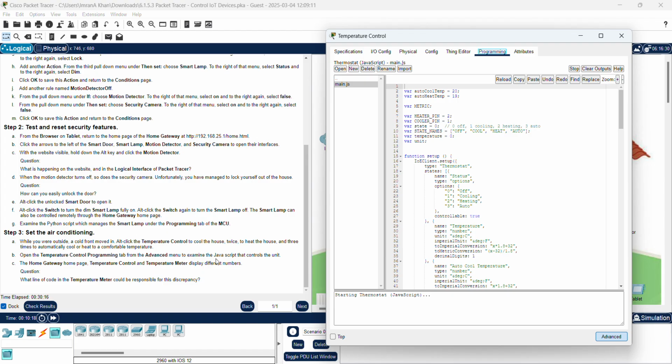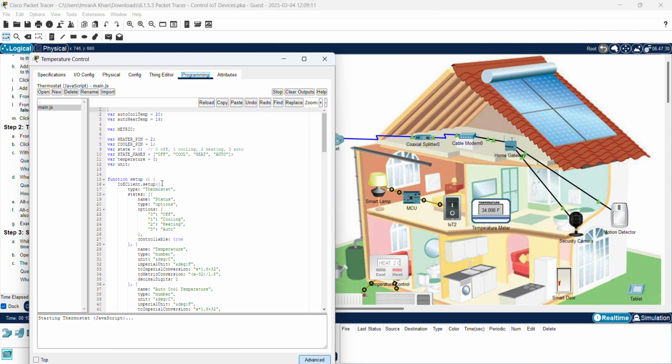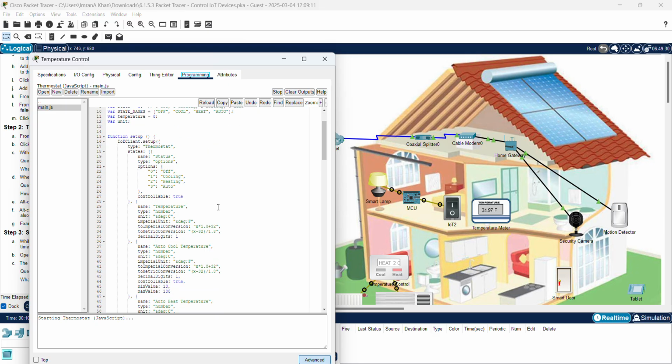From the advanced menu, examine the JavaScript that controls the unit. That controls the unit means it is converting the temperature from Celsius to Fahrenheit or vice versa. Have a look, there is a question there: what line of code in the temperature meter could be responsible for this discrepancy? So refer to that conversion formula. If you come back, you can see we have several options there. The first one